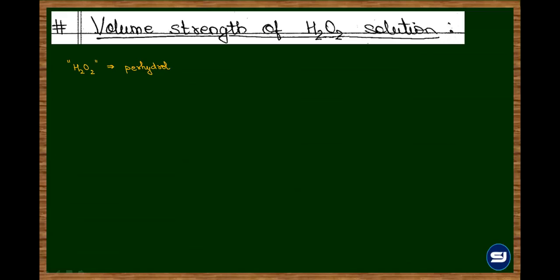Just note this down. It can also be found as oxidol, perhydrol or oxidol. So if you want to buy the peroxide solution, then peroxide is always available with an indication of volume strength. And this volume strength indicates the amount of oxygen which would be produced for a certain volume of hydrogen peroxide.